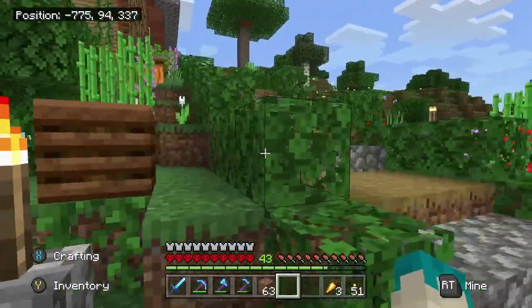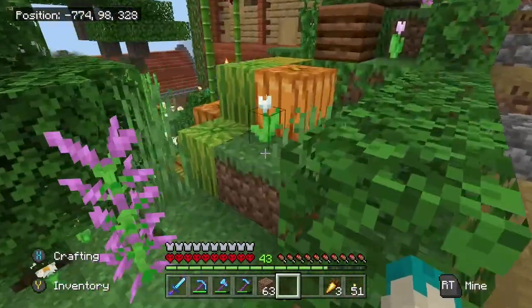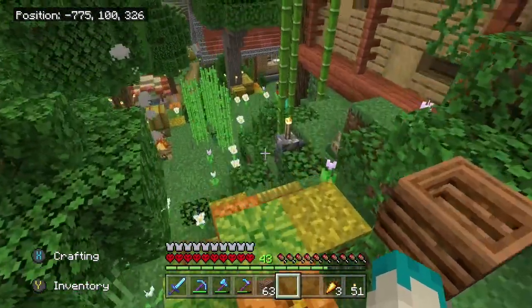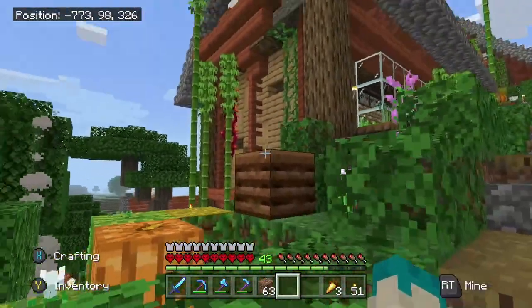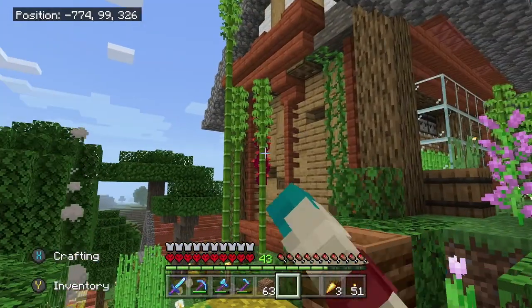Putting some of the composters around. As you can see, some of our pumpkins are glowing a little bit brighter, and that's because they're the jack-o'-lanterns, which I've stood this way and placed down so the faces weren't sort of seen. We've added in a bit more of the bamboo and the vines, as well as the nether, that crimson vine,